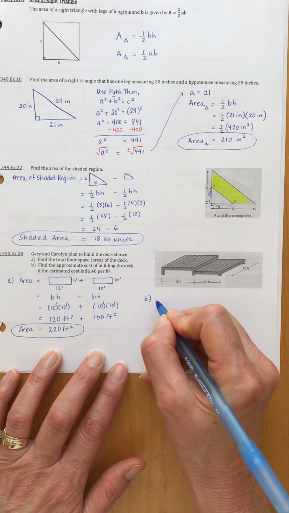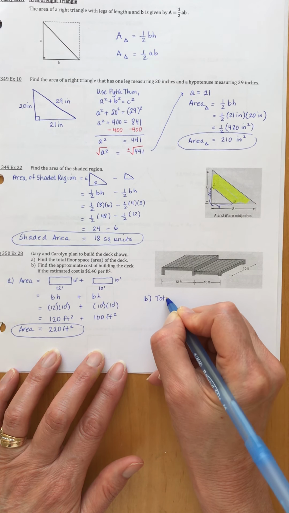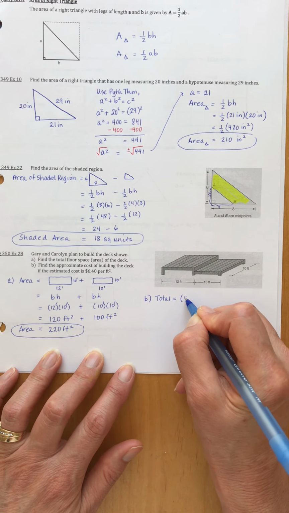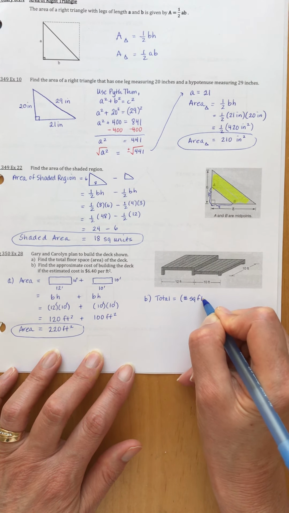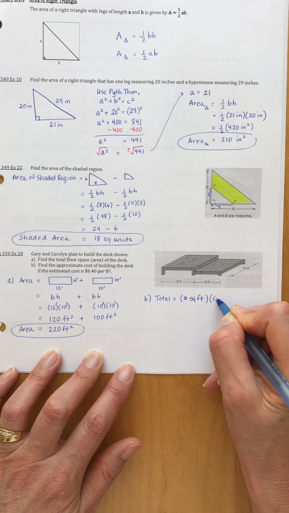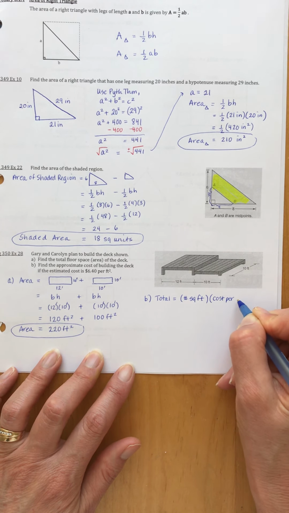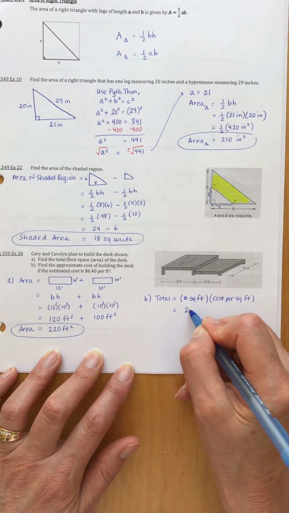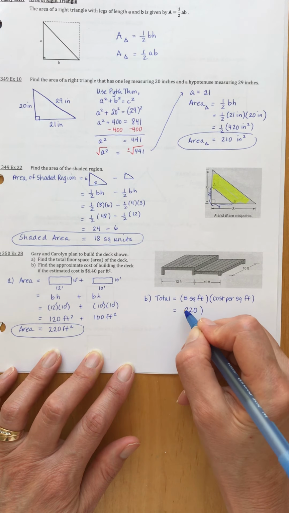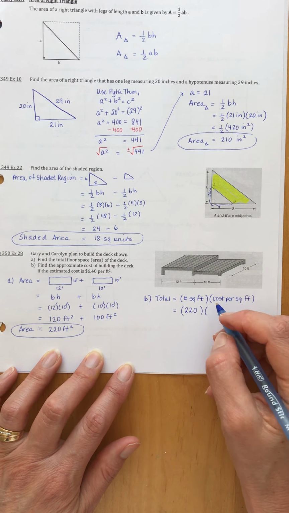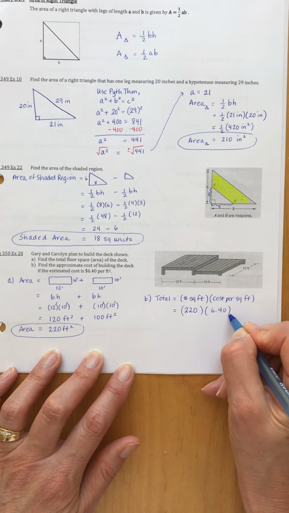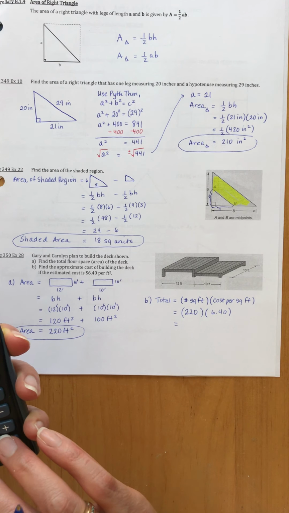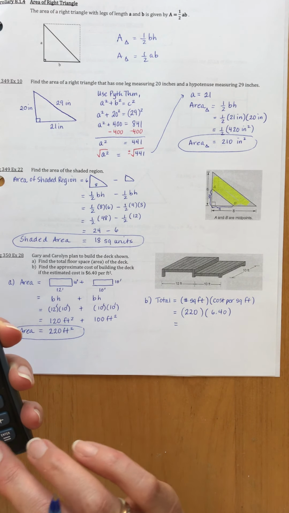So B, the total cost is going to be the number of square feet times the cost per square foot. And we have 220 square feet, times $6.40. So we're going to multiply that. I'm going to go ahead and use the calculator to do that. 220 times 6.4 gives us